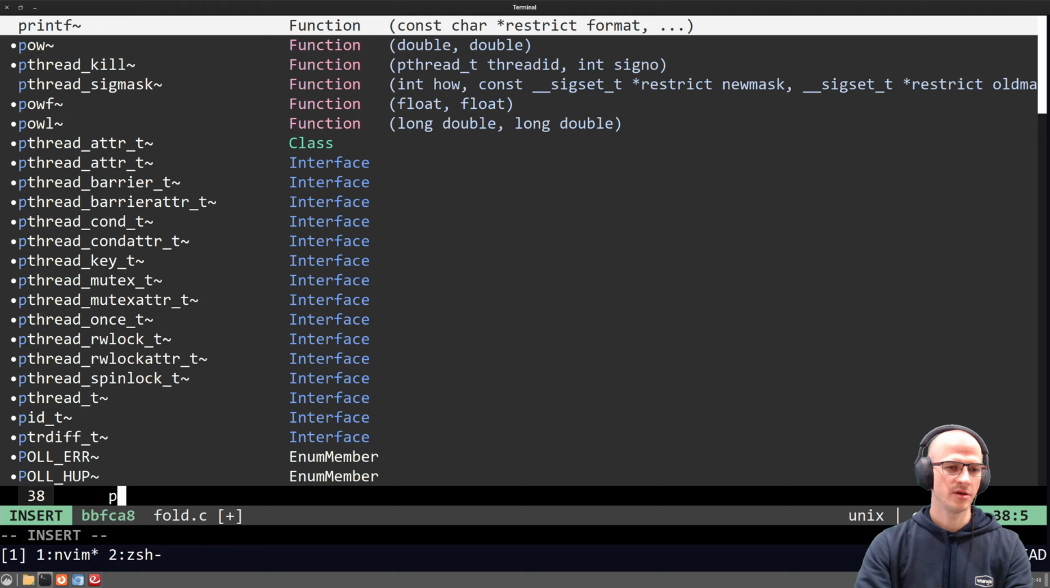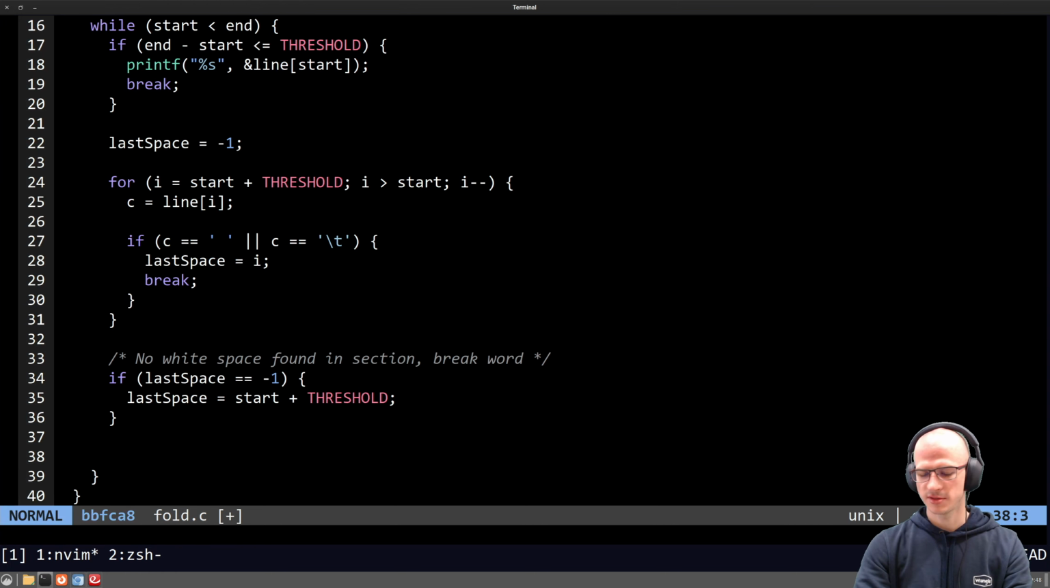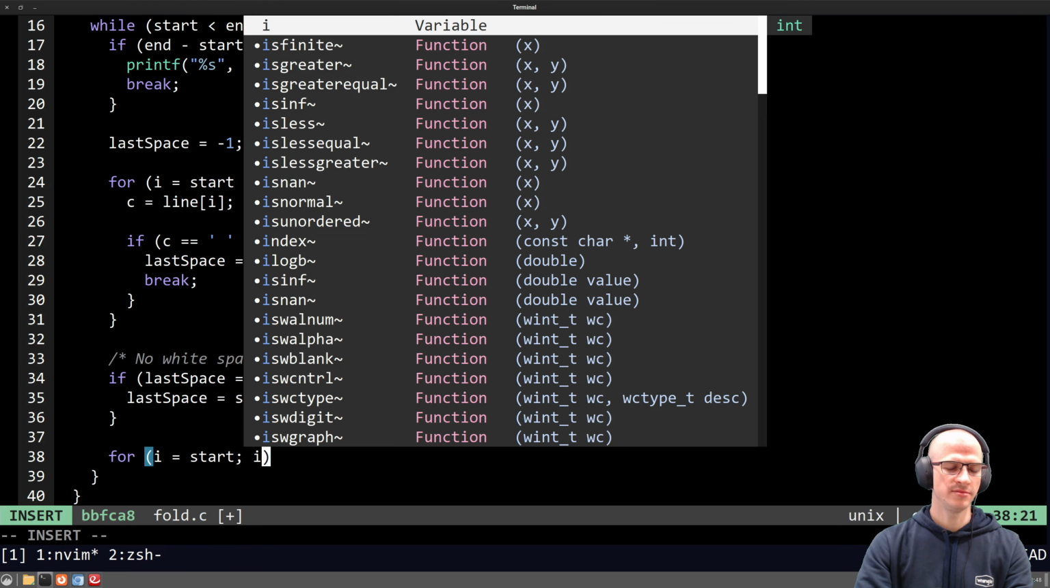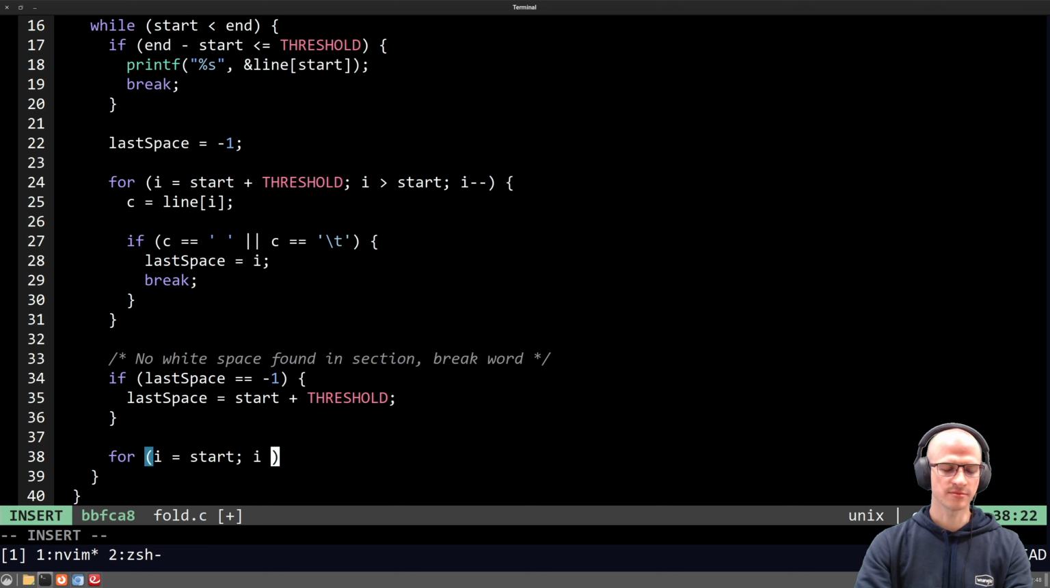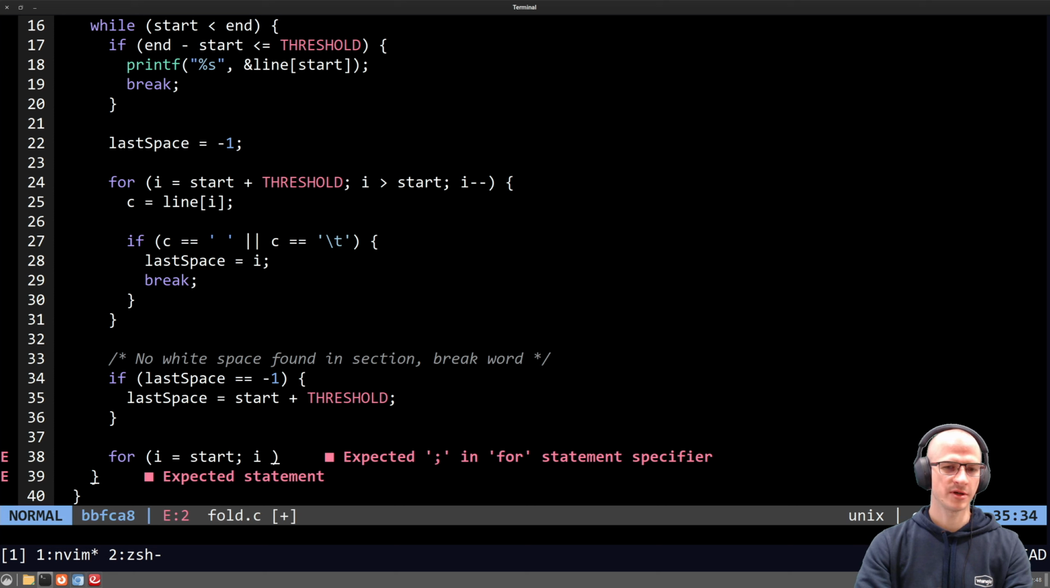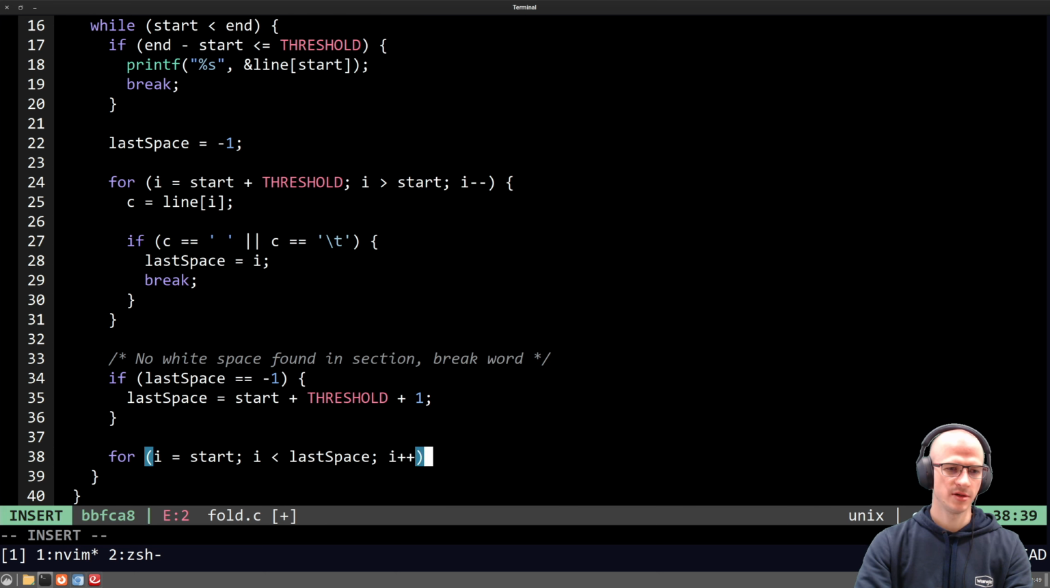And then we can print this string, right? So for i equals start, they want to include, okay, last space equals threshold plus i. Do we also want to include... No, we don't want to include threshold plus 1, right? i is less than last space, i plus plus, putchar line of i,